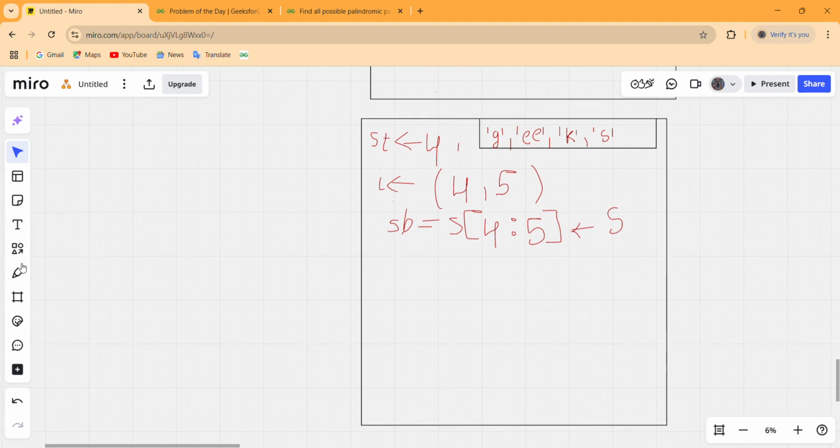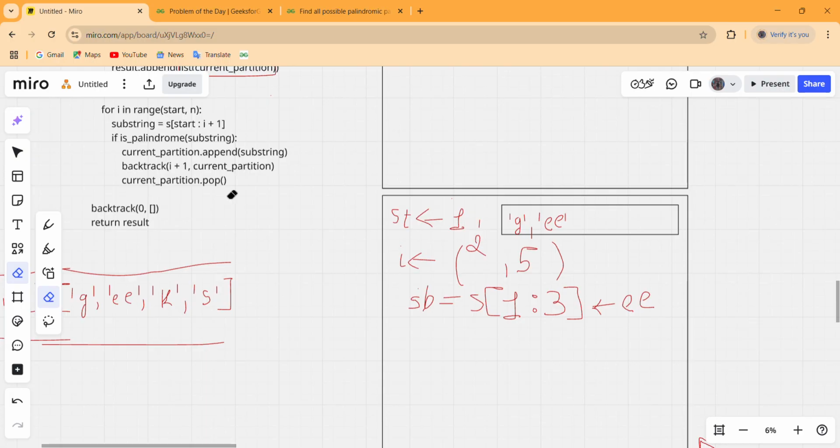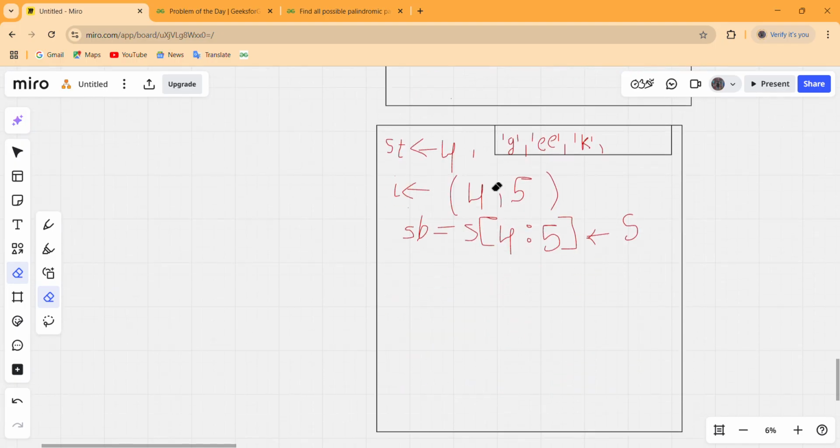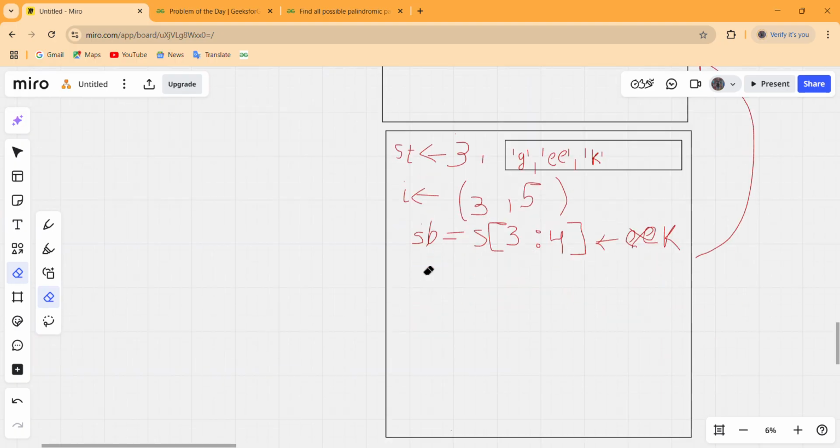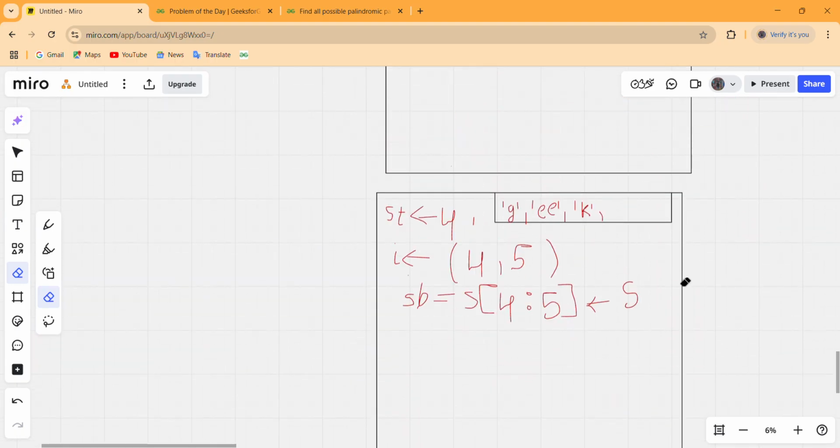So pop out this S. Popping out this S and incrementing our I, this will basically not increment because our current I is 4 and this has to be less than this 5, so the for loop is completed, and after the for loop there are no lines to execute, so this function will return to its previous